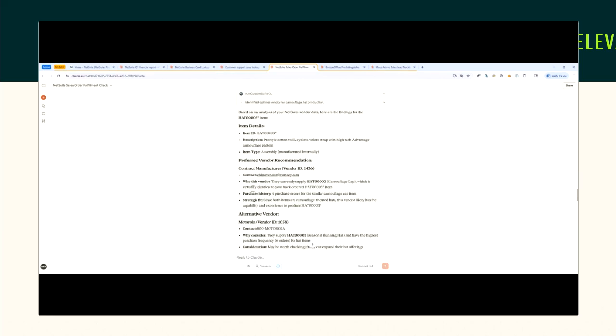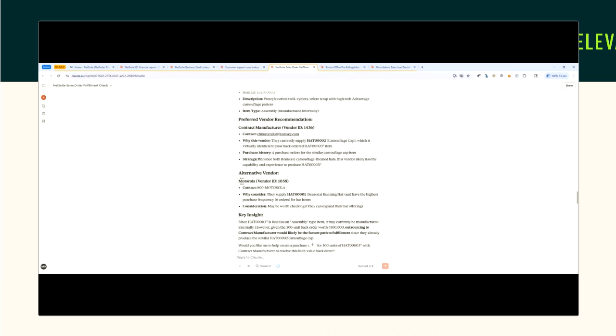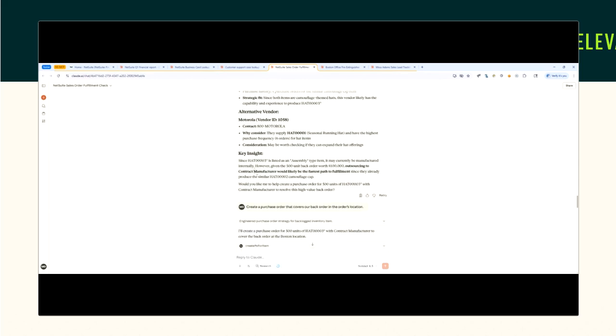However, being smart AI, it figured that out, and it recommended this contract manufacturer we could purchase it from because they have 4 purchase orders for a similar camouflage cap item, and they likely have the capability and experience to produce this item. And it gave me an alternate vendor if that one doesn't work out, because they also sell a lot of hat items.